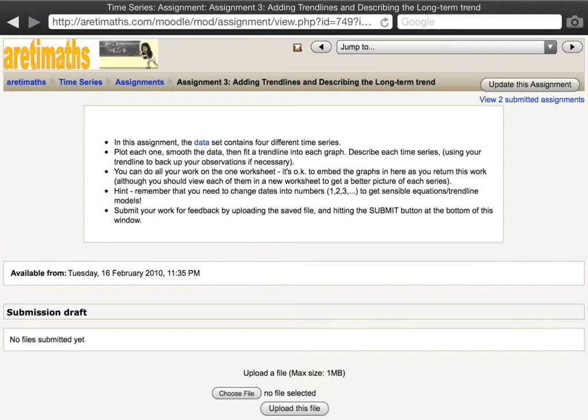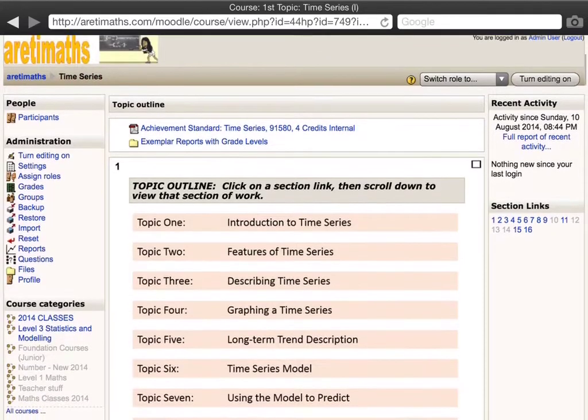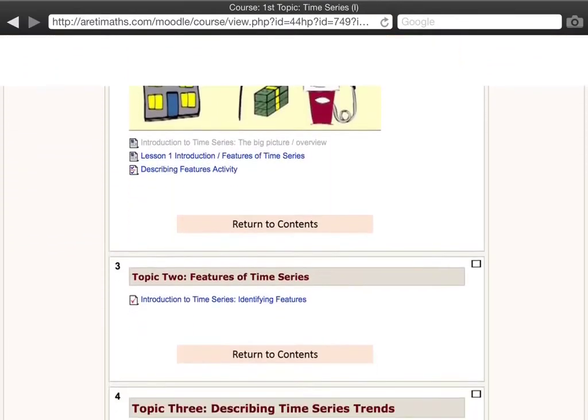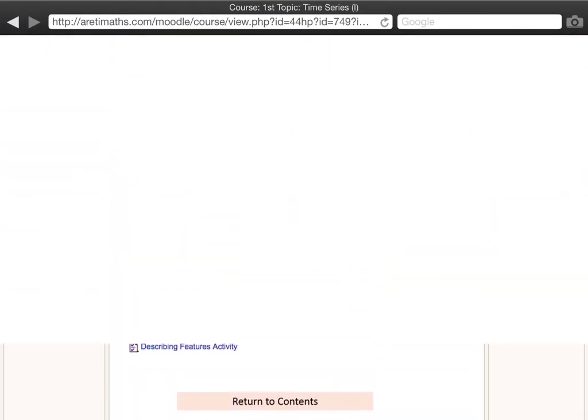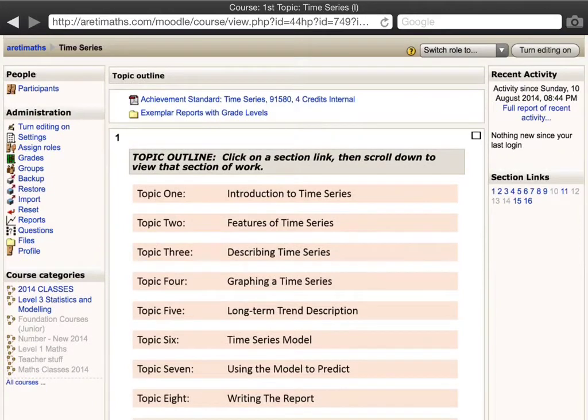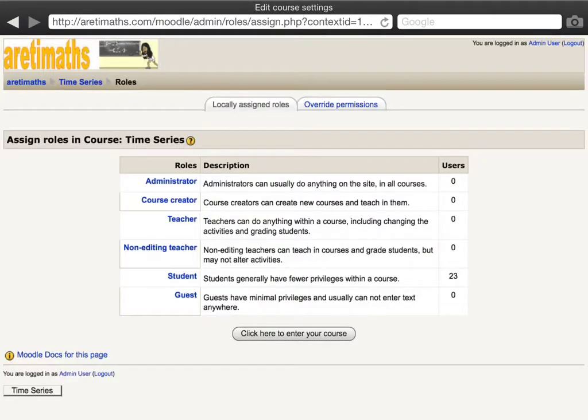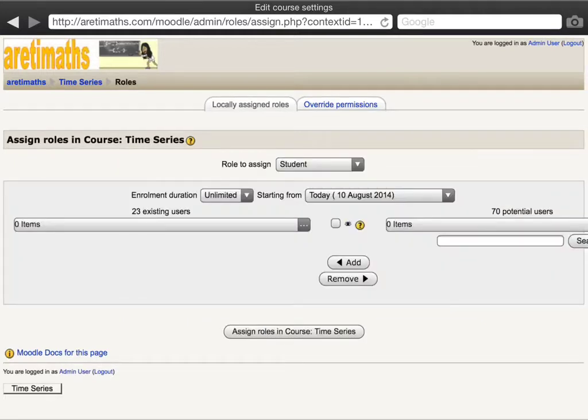Let's go back to time series. So as you saw with the students who were featured there in the modules and the assignments, the reason that that happens is because I have enrolled those students into my course, and I can copy those enrolments over onto other courses. So this year's level 3 stats kids who come in and out of these courses to do their work, and